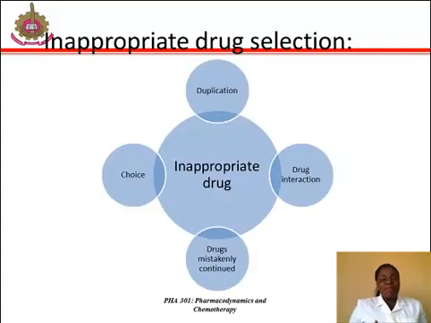We can have inappropriate drug selection, which can be in the form of duplication, drug interaction, drug mistakenly continued, and the choice of the drug. A drug is inappropriate if its potential for harm is greater than its potential for benefit. Inappropriate use of a drug may involve the choice of an unsuitable drug, dose, frequency, or duration of therapy. Then you can have duplication of therapy, failure to consider drug interactions and correct indications for a drug,